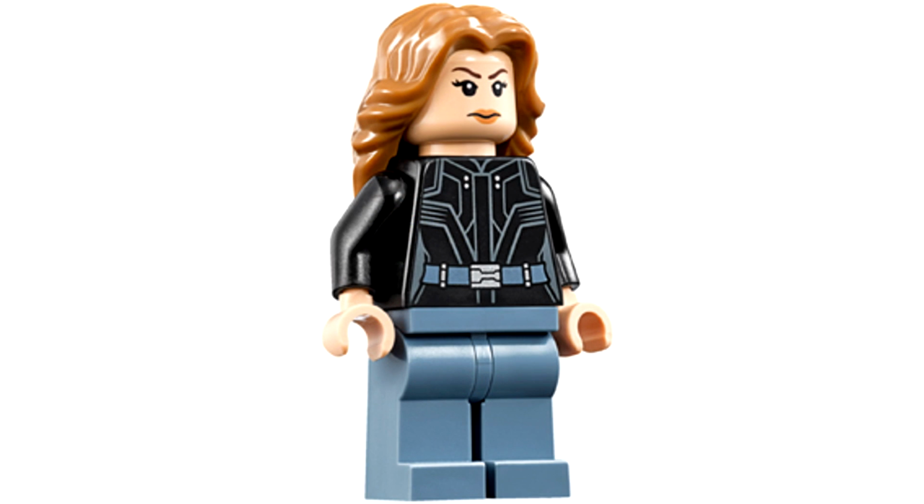Okay, at number 3 is Sharon Carter from the Airport Battle. Now, the Airport Battle is actually one of my favourite sets of the year,